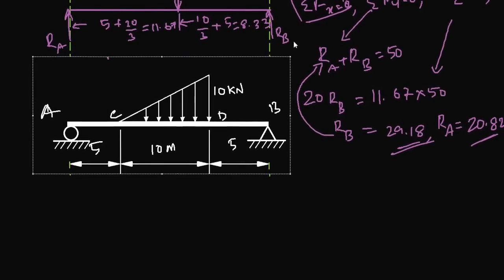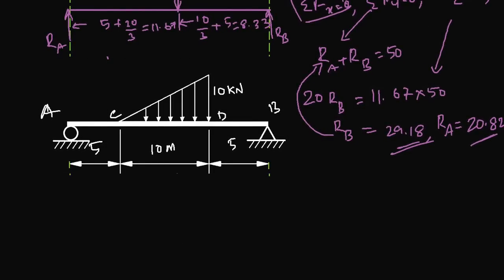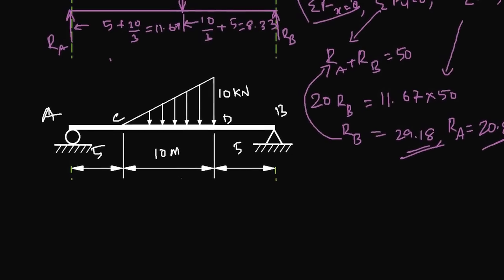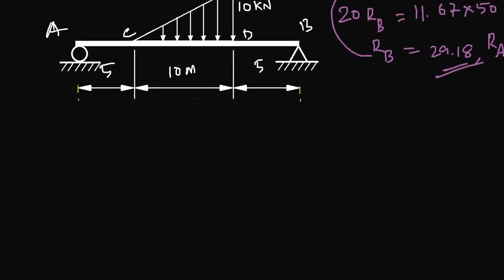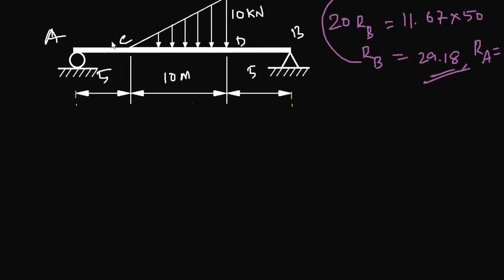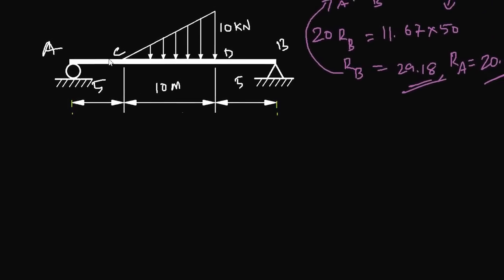Now we have calculated the reactions at A and B, and also calculated the total load of the force system. Now you need to use the same old method that we used to calculate the shear force diagrams, that is assigning sections between each point where there is a force change. So between A and